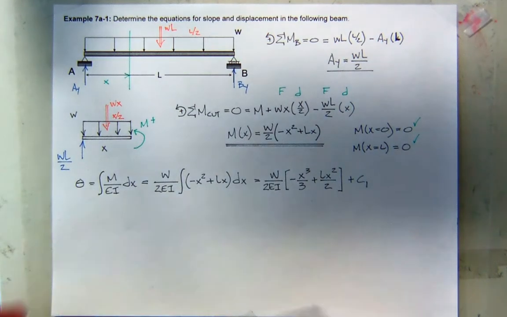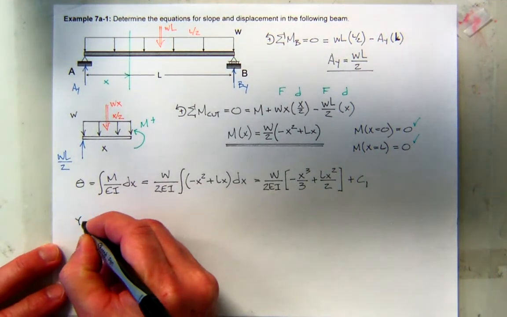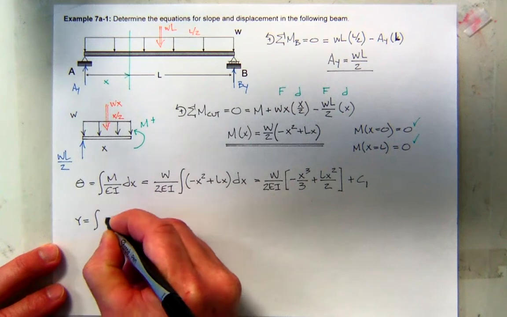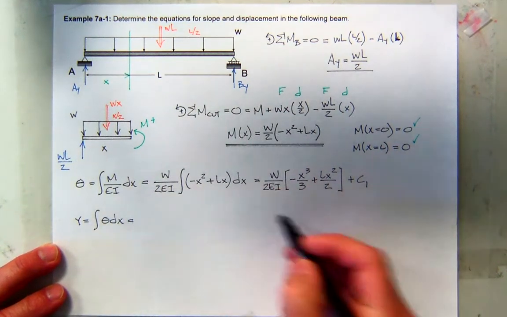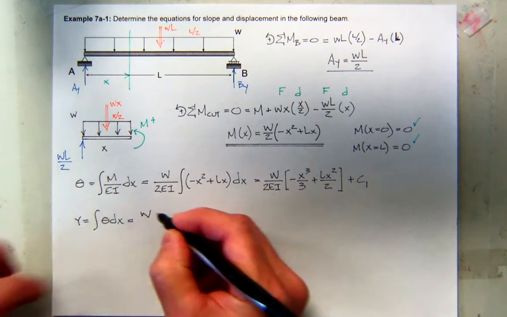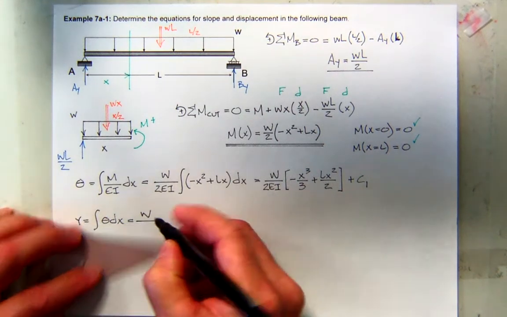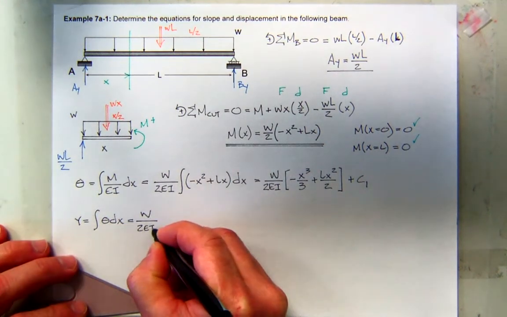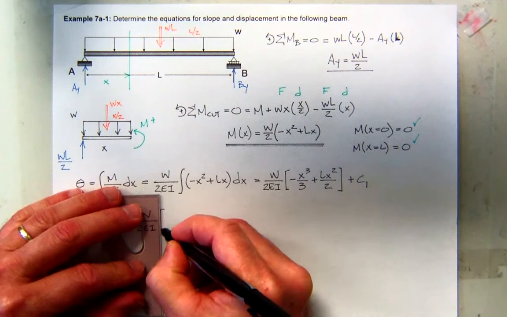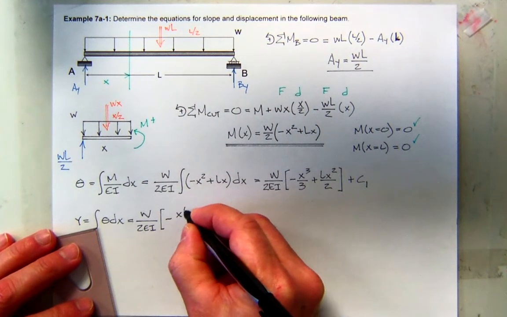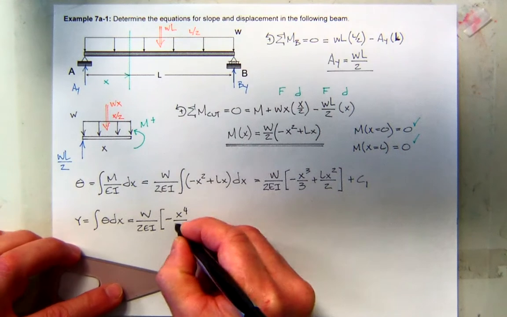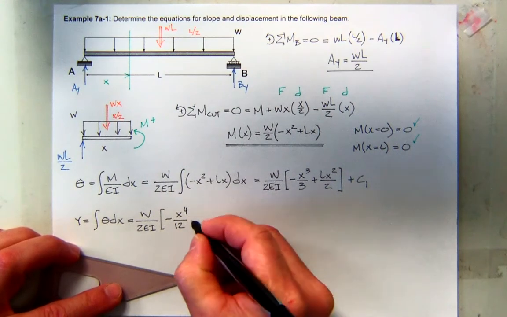Okay? So I'll go ahead and integrate now my equation for slope to get my equation for displacement. So I'm going to integrate this again. So I'm going to have W over 2EI. That's still my constant. So integrating this first term, I'm going to get minus x to the 4th over 12 plus